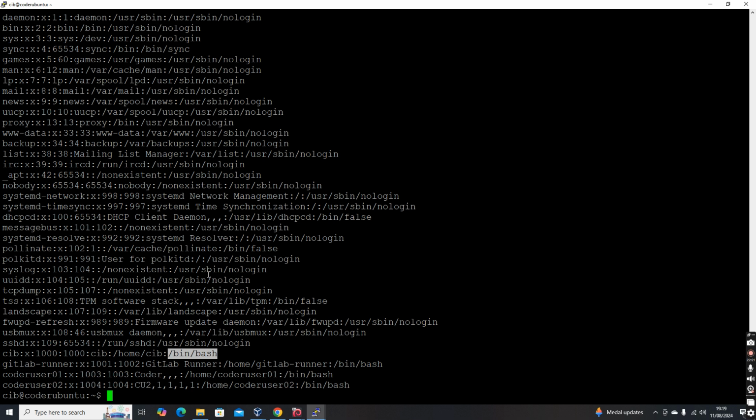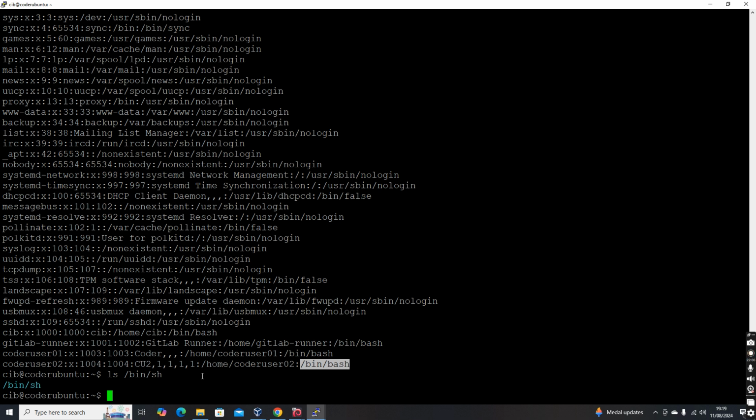Now we have another user, coderuser02. Let's modify this /bin/bash to /bin/sh. Let's see whether we have /bin/sh available. Okay, we have /bin/sh available. Now what we'll do is sudo nano. Nano is a file editor.